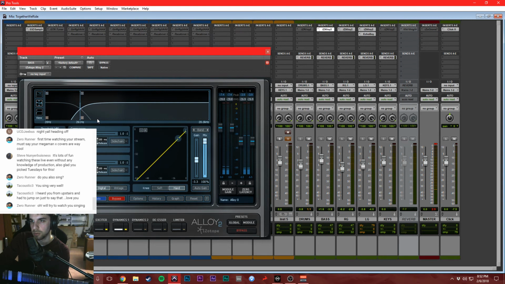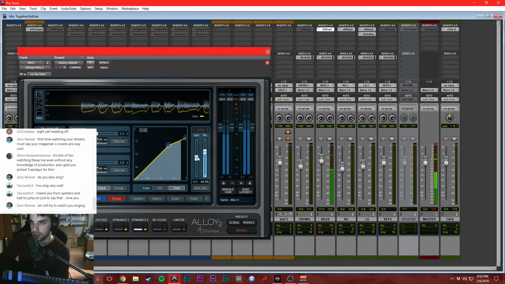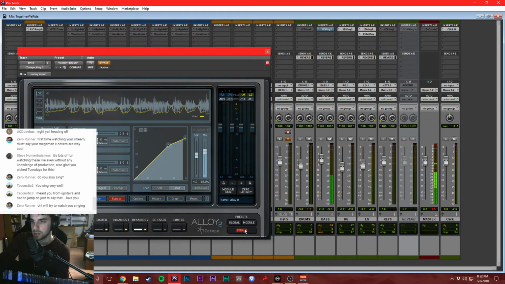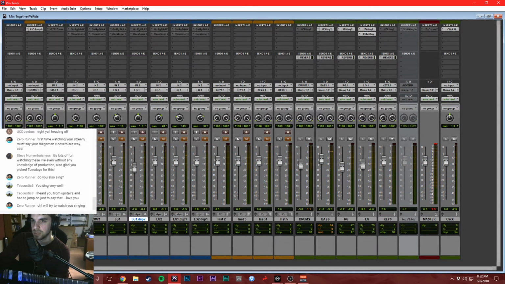There's just a little bit more beef, a little bit more aggression, and then finally we are going to add a little bit of compression, just regular single band compression in parallel. So you can just feel how much energy we're adding to that bass part. Putting it back into the mix, we have